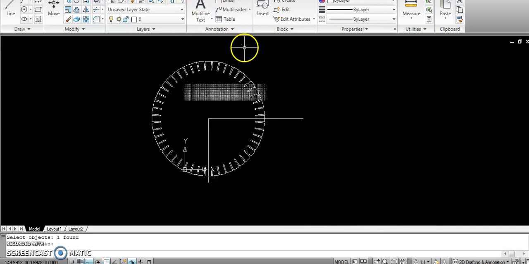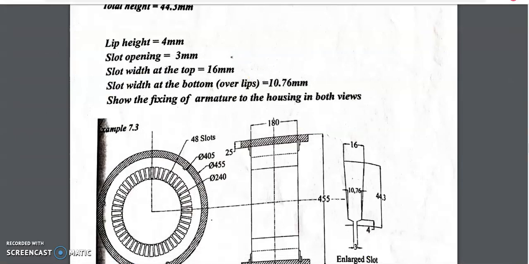Even in the exam, if you don't get time, just draw these diameters, then the slots you can draw randomly. But these heights and everything should be perfect, and the number of slots should also match. Small minute corrections are okay, no problem with that. Only thing is, don't miss this data: rotor outer diameter, inner diameter and number of slots. Rest, small errors are okay. This is how you draw the stator. This is what you have drawn.